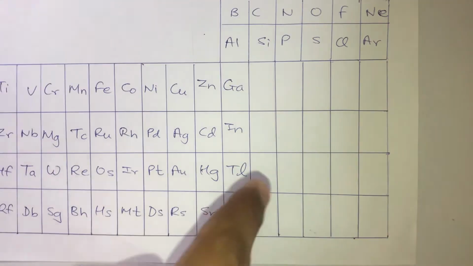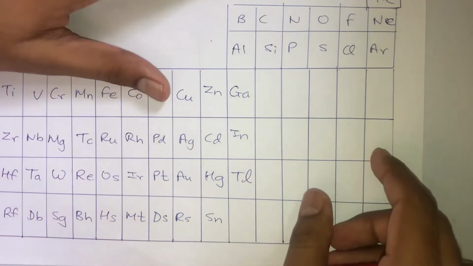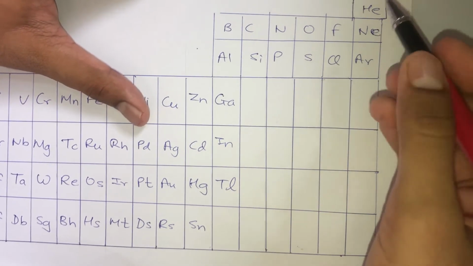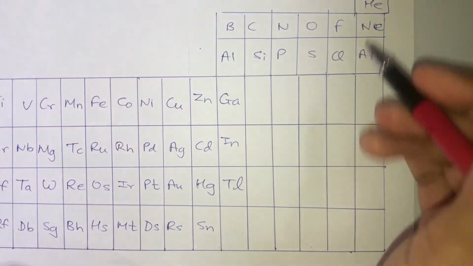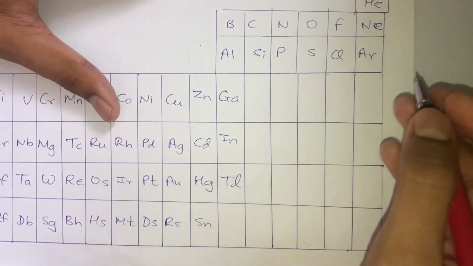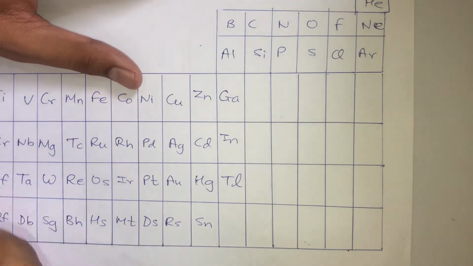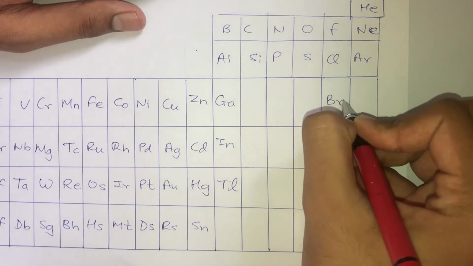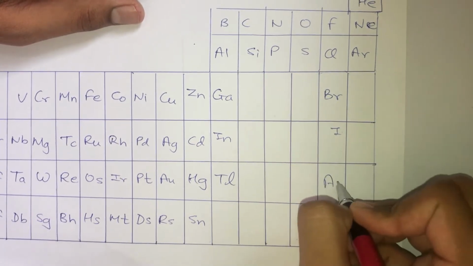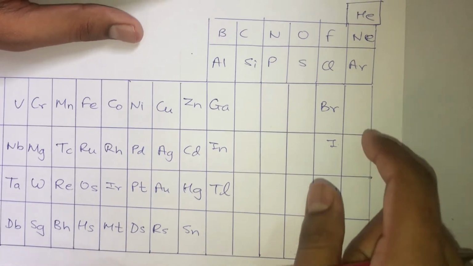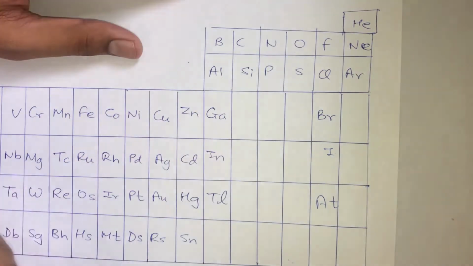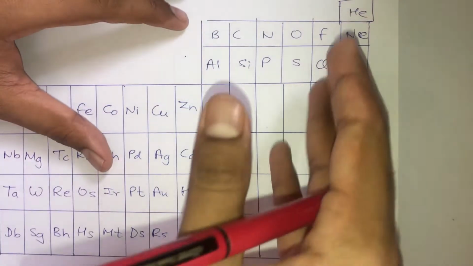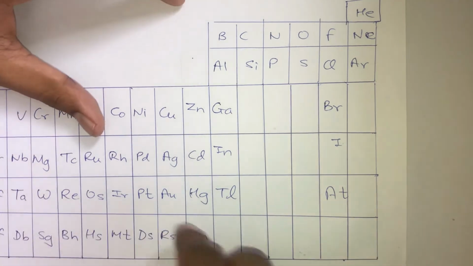Okay, now moving ahead guys, as I told you all that you must know the halogens, and these halogens will be learned by heart as you do chemistry in 11th and 12th standard. So don't need to worry about that. Very soon you will get to know this: fluorine, chlorine, bromine, iodine and astatine. You will get to learn them by heart while learning only, so don't need to worry about this.